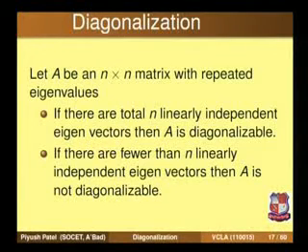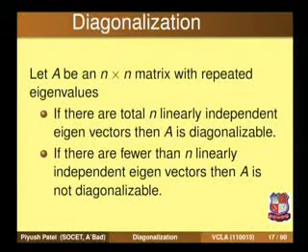So here we have three cases. Given a matrix, if all the eigenvalues of the matrix are distinct, in that case we have a total of n linearly independent eigenvectors, and hence the matrix is diagonalizable. In the case of repeated eigenvalues, if the algebraic multiplicity and the geometric multiplicity of each of the eigenvalues are the same,